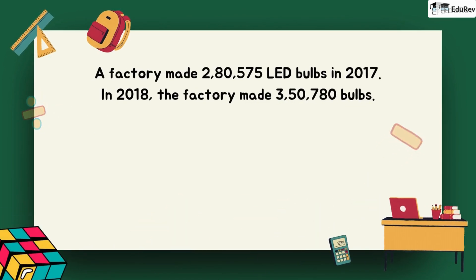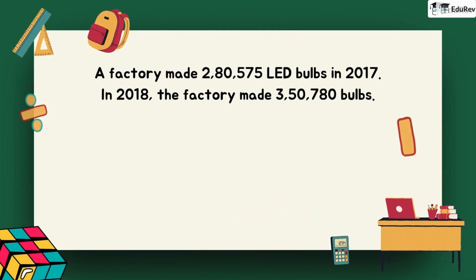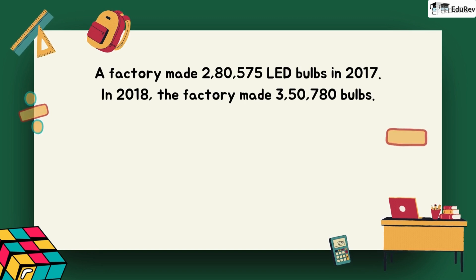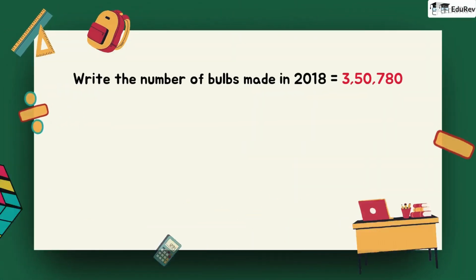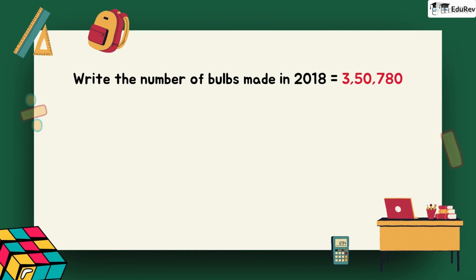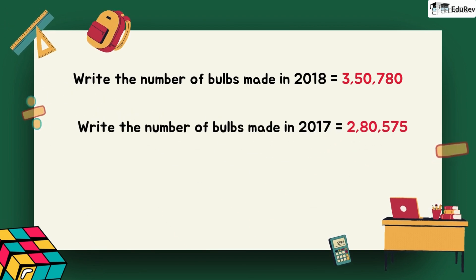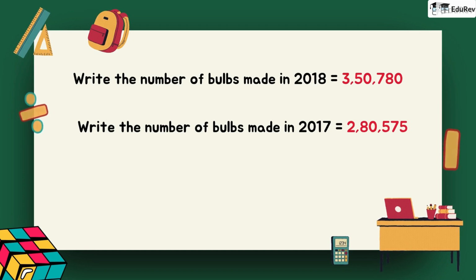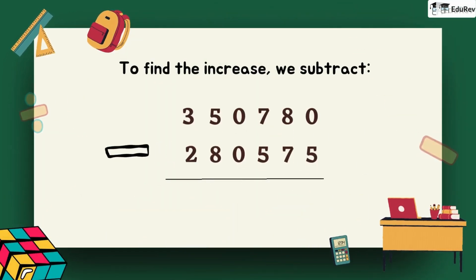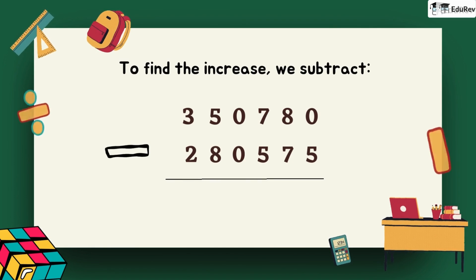A factory made 2,80,575 LED bulbs in 2017. In 2018, the factory made 3,50,780 bulbs. We want to find out how many more bulbs were made in 2018 compared to 2017. Write the number of bulbs made in 2018 is equal to 3,50,780. Write the number of bulbs made in 2017 is equal to 2,80,575. To find the increase, we subtract 2,80,575 from